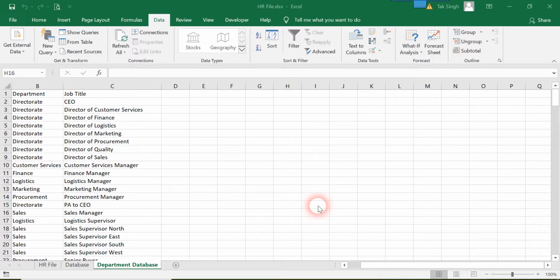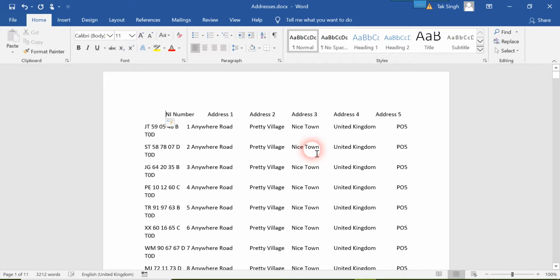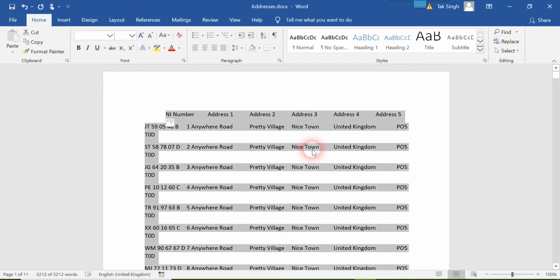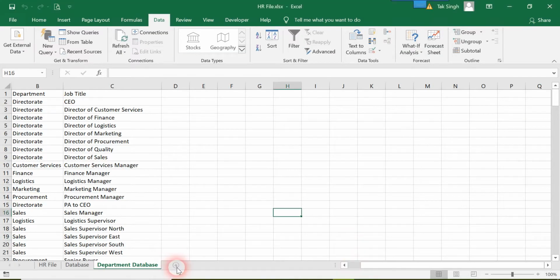Okay friends, now we will import data from a Word file and it is pretty straightforward. I'll open my Word document and over here I will press Ctrl A to select all and Ctrl C to copy the data. Then I will move back to my Excel workbook and over here I will add another sheet